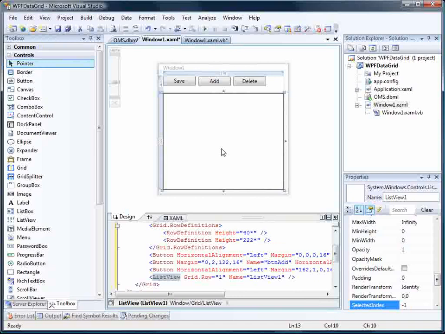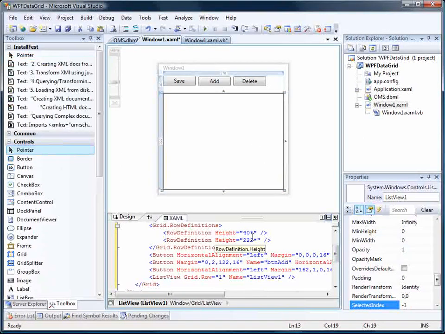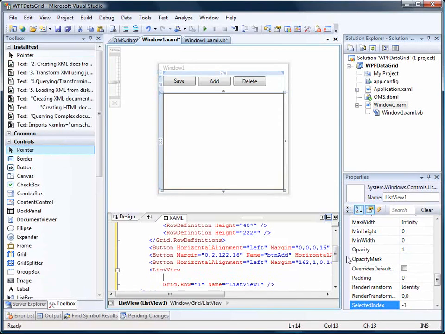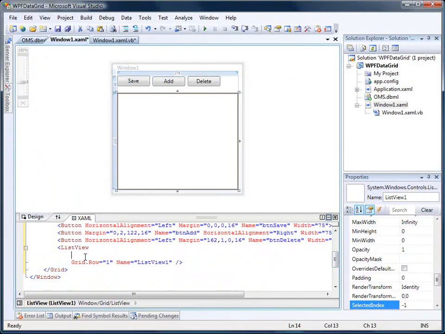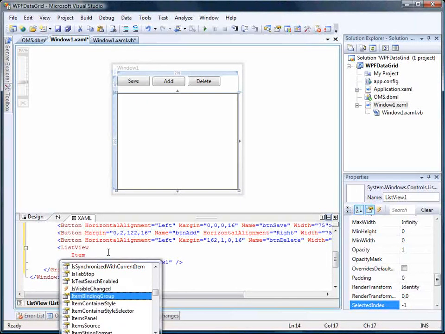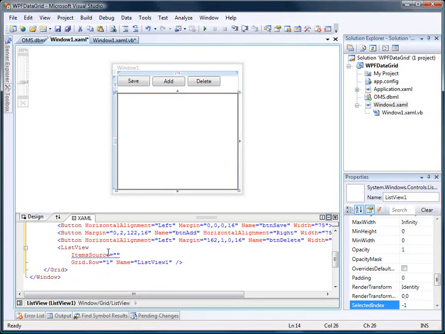Because we set the window's data context to the list of customers, we can use a special syntax on this list view to pick up that same data context of the window. So let's go down here to the list view. It's easier to edit here in the XAML. Now you're going to see we can specify a property that binds to this data context, and that property is really just ItemsSource. So ItemsSource equals, and the syntax for binding